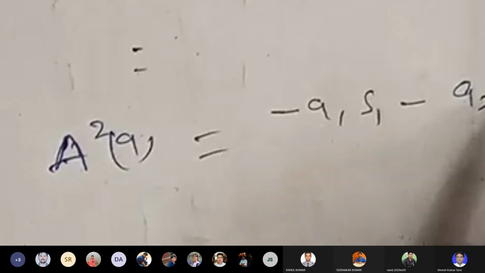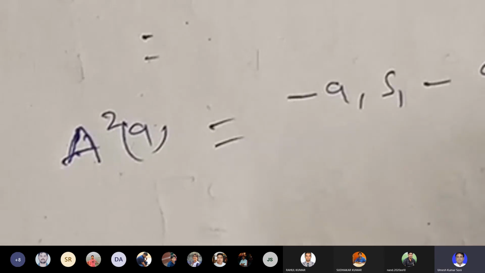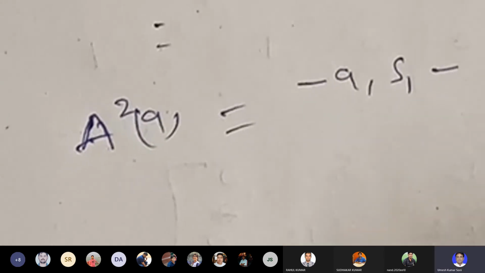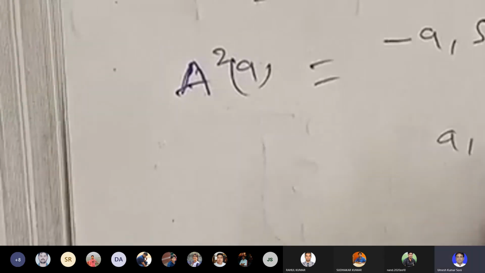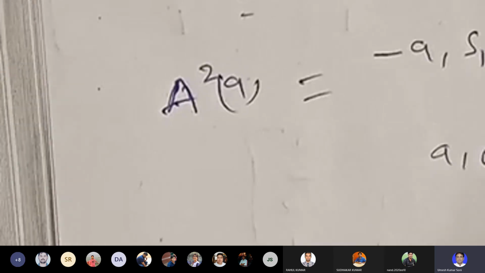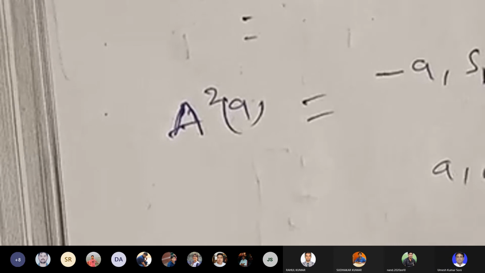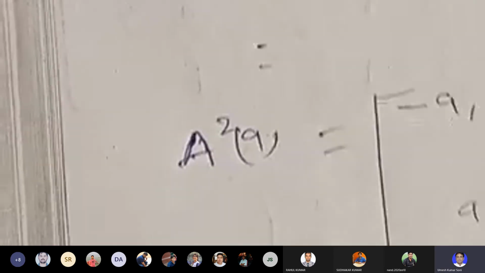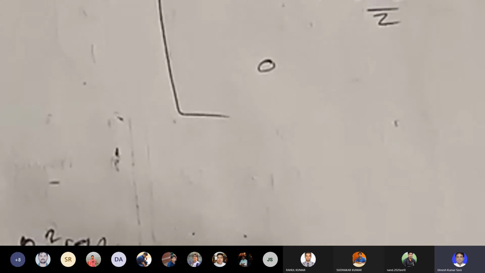So you can see here you have J2, okay, and then you have A2 cube equal to minus A1 S1 minus A2 S12 upon 2, minus A2 S12 by 2, okay, A1 C1 plus A2 C12 by 2 and A2 C12 by 2, and this 0 0, this is A2, clear है, and B2 cube equal to 0 0 1 0 0 1.